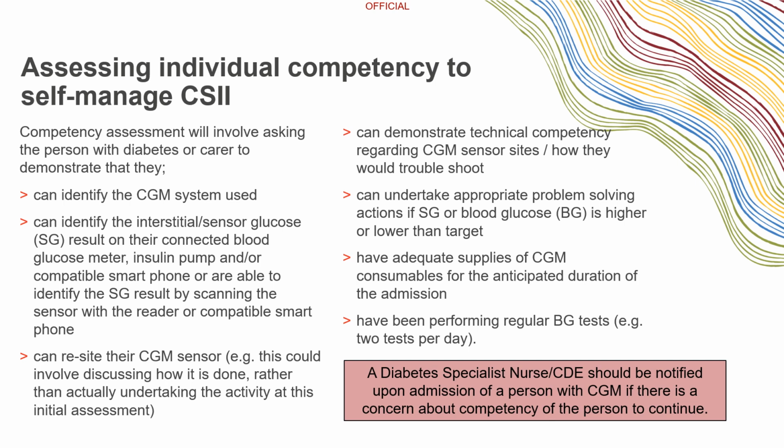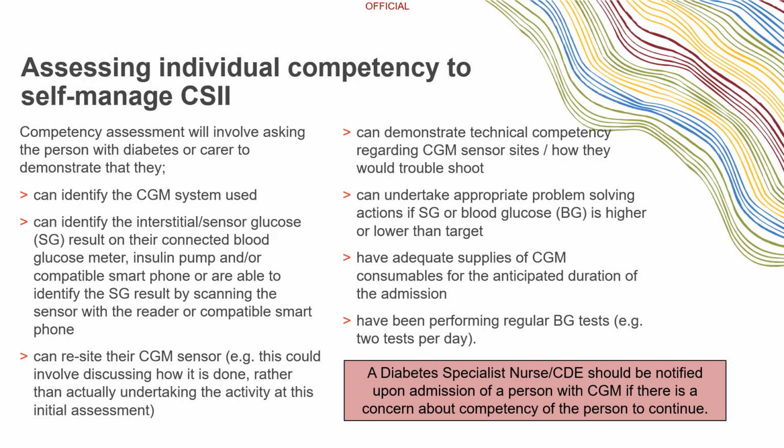Competency assessment, therefore, will involve asking the person with diabetes, their parent or carer, to demonstrate that they can identify the CGM system used, can identify the sensor glucose result on their connected blood glucose meter, insulin pump or compatible smartphone, and are able to identify the sensor glucose result by scanning the sensor with the reader or compatible smartphone, if required, that they can recite when their CGM sensor might be due, that they can demonstrate technical competency regarding the CGM sensor site and how they might troubleshoot if an error or a failure occurs,